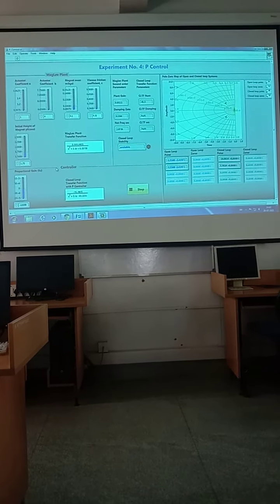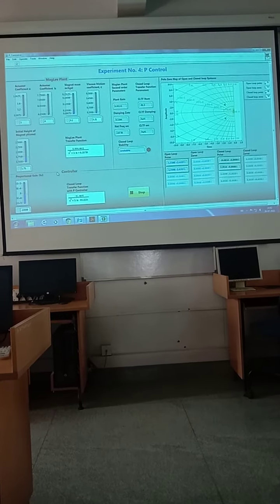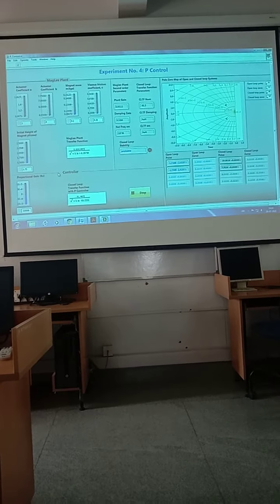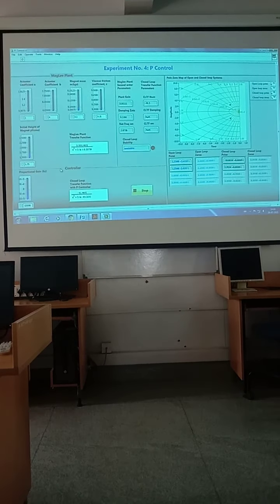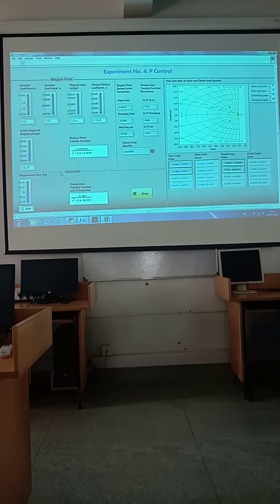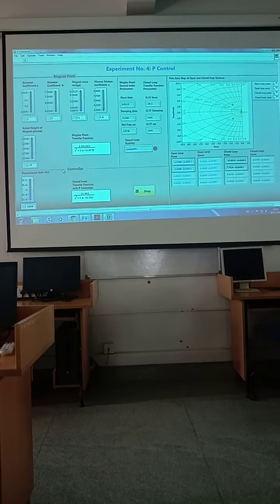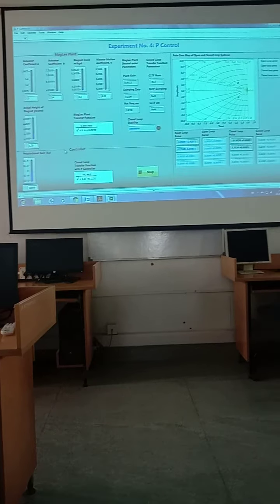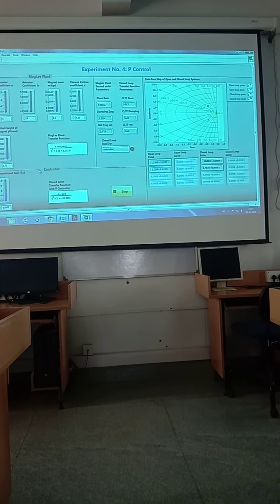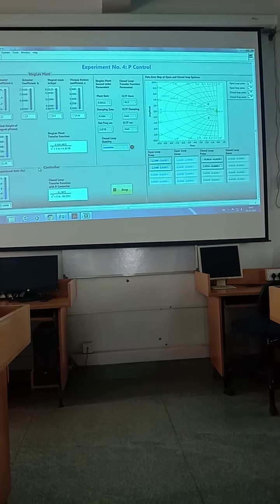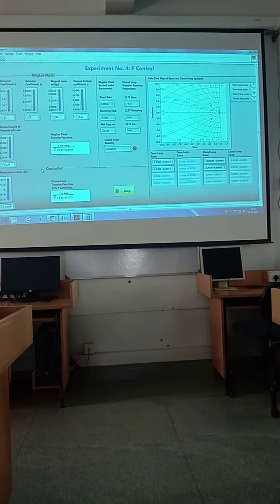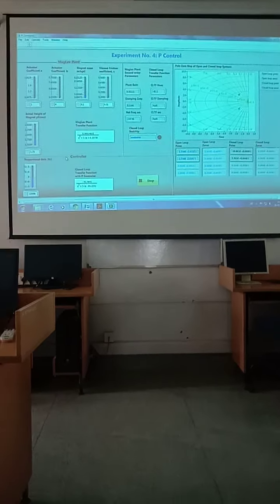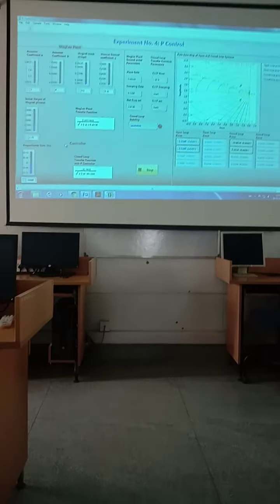Okay, in the examination, if it is a larger negative value, what will happen? If it is increasing positive values, what will happen? Whether the system is stable or not, and what happens to the poles, whether they are on the left side of the plane or the right side. Okay, you have to tell these two things. Okay, this is about the P control experiment.